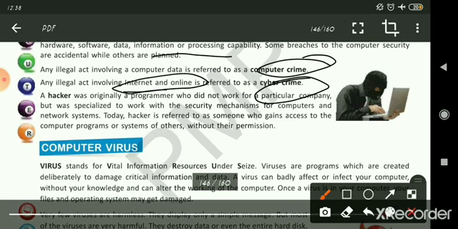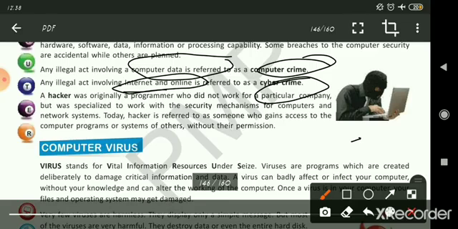Computer data means anyone who is stealing some data from your computer with the help of pen drive, CD, or data cables, stealing some information from your computer to his device, then it is a computer crime.